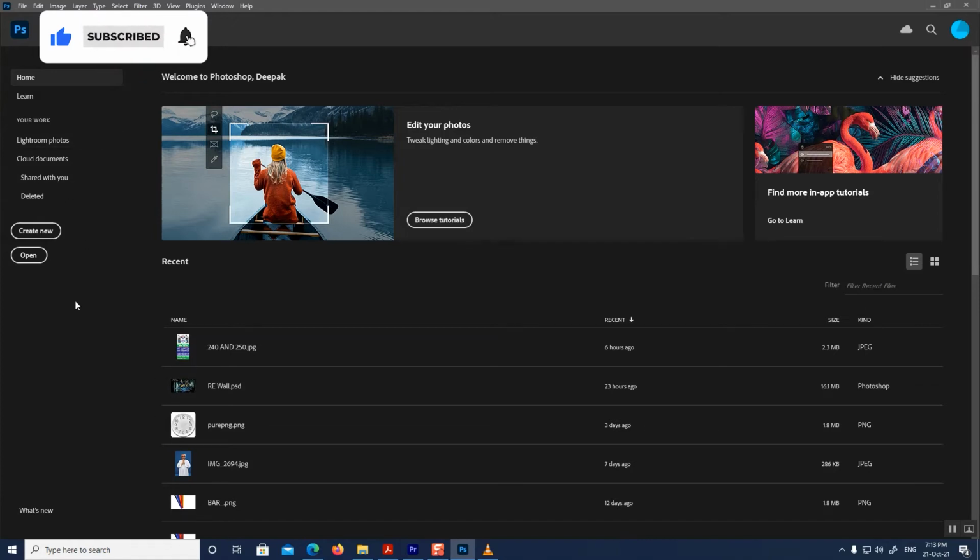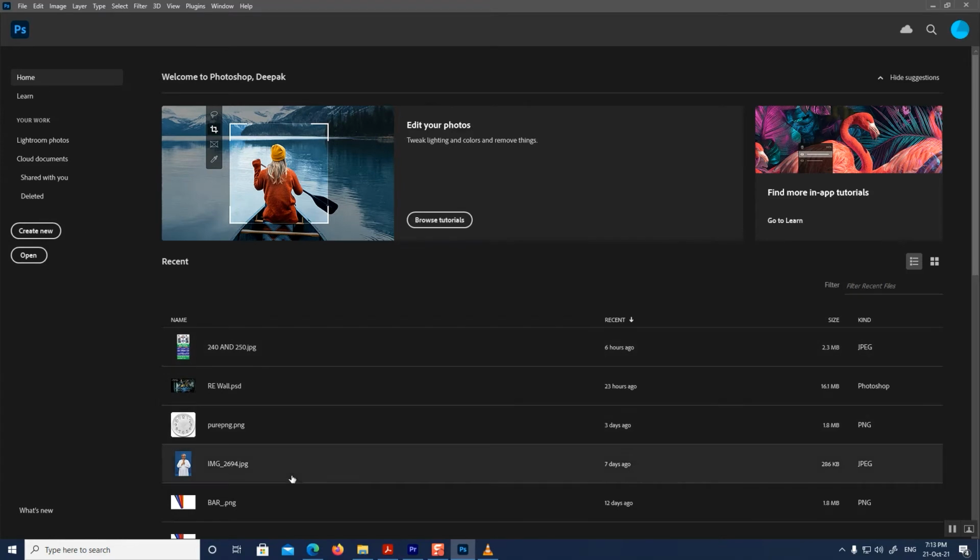By default, when you launch Photoshop CC without opening an image, or if you close your document when no other documents are open, you are taken to the home screen. The content of the home screen changes from time to time, but in general, you will see different boxes you can click on for learning Photoshop or for seeing what's new in the latest version. And if you have worked on previous images or documents, you will see them displayed as thumbnails that you can click on to quickly reopen them. To create a new document from the home screen, click the Create New button in the column along the left.